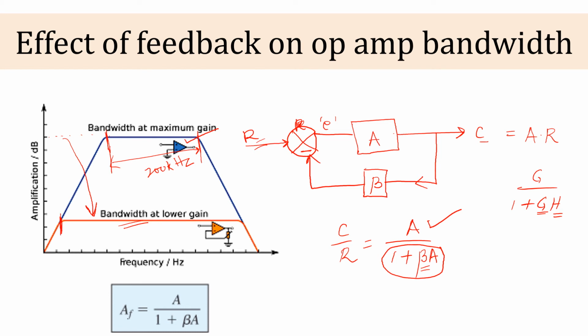As per the convention, the bandwidth is the difference between those two frequencies where the amplitude is 0.3 decibel lesser than the overall gain. So this will be the bandwidth, and we can visualize that bandwidth is higher when we use negative feedback, but at the cost of loss in the gain. Okay, so I can say that the effect of feedback on open loop bandwidth is that bandwidth always increases when we use the negative feedback, but with the negative feedback another thing will also happen, that is its gain will reduce.